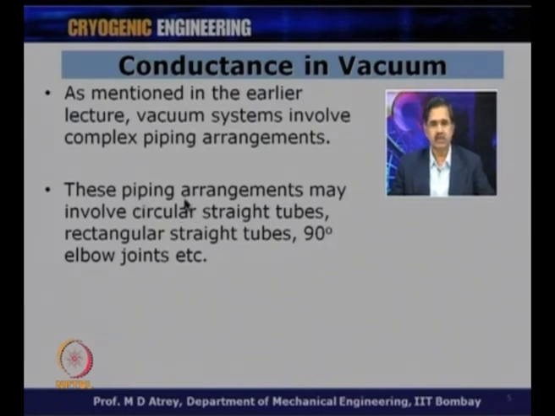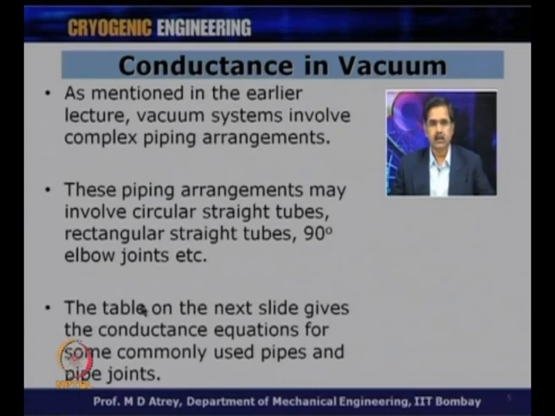So, if I have some structures which are circular straight tubes, rectangular straight tubes or 90° elbow joints and many other possibilities, but I am just showing you 3 possibilities, then there are some standard equations to be used in order to calculate the conductances for these particular pipes, joints, etc. The table on the next slide gives the conductance equations for some commonly used pipes and pipe joints, and we have to use such correlations that are available to calculate the conductance in order to calculate the overall conductance